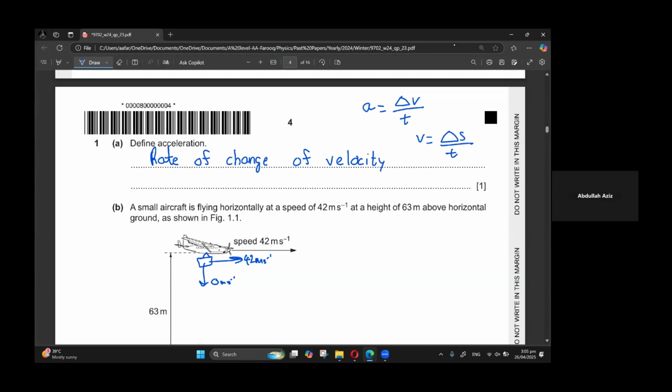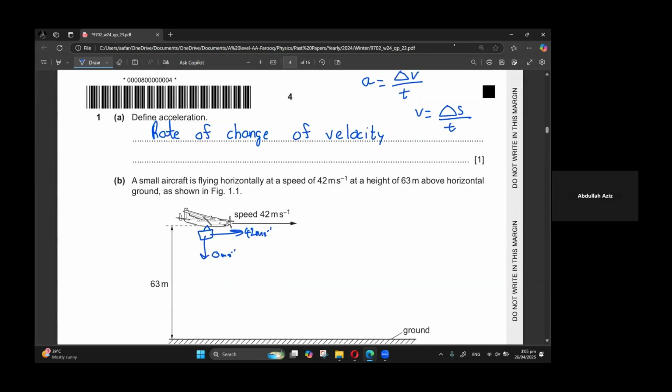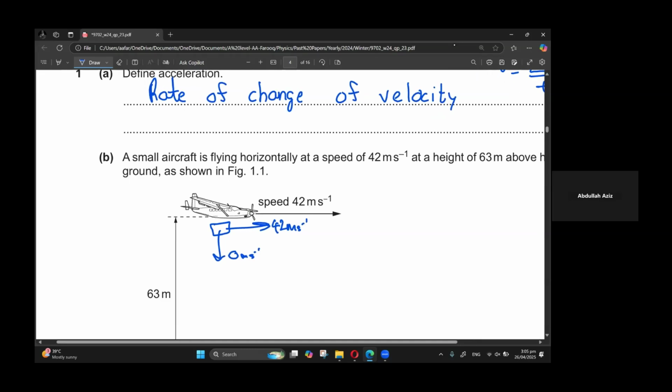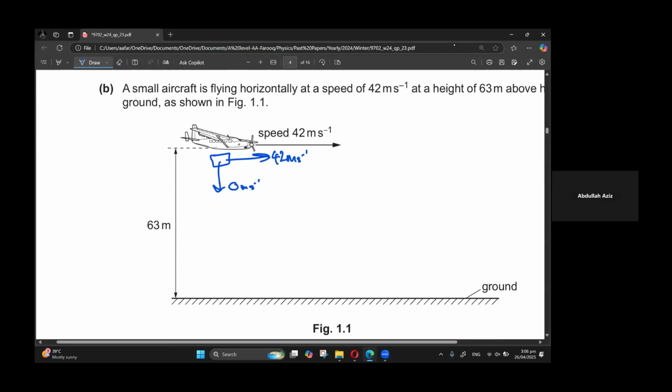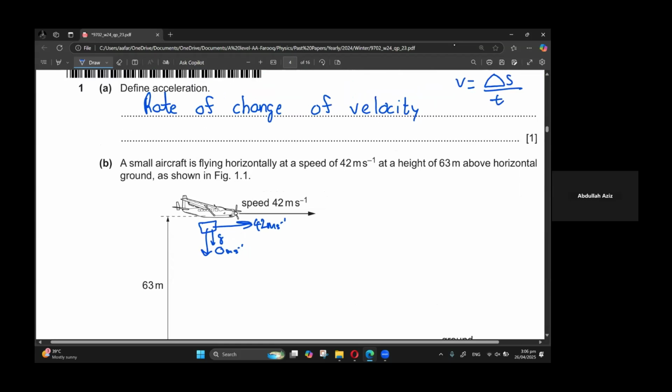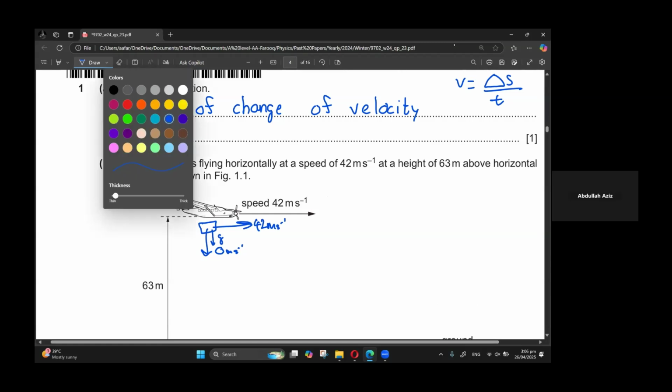If you drop this from the aircraft, the acceleration acting on this parcel is basically the acceleration due to gravity. So its vertical velocity will increase, but its horizontal velocity will remain constant. So basically its path will look something like